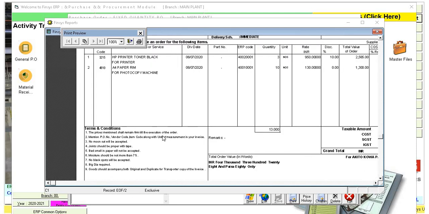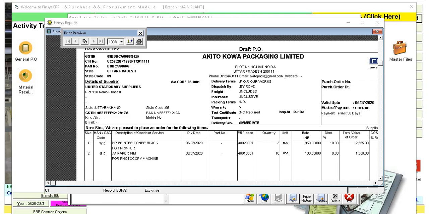So how much time did it take? Practically nothing, because the PR gave me the item and quantity, the approved price list gave me the rates and the calculation was done by Finsys. So I just had to press the save button and my PO is ready. So fast. That's good, na? It increases efficiency, reduces chances of mistakes, makes the life of the purchase order creator very easy. Thank you.